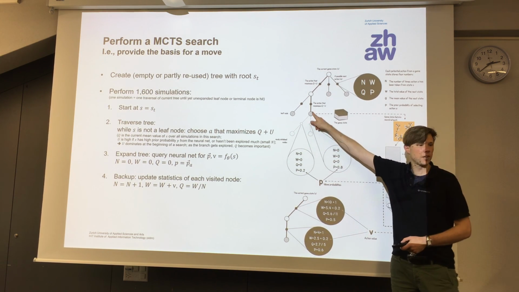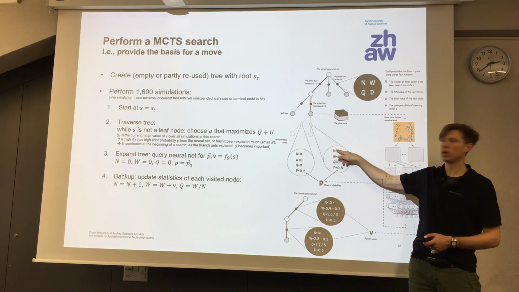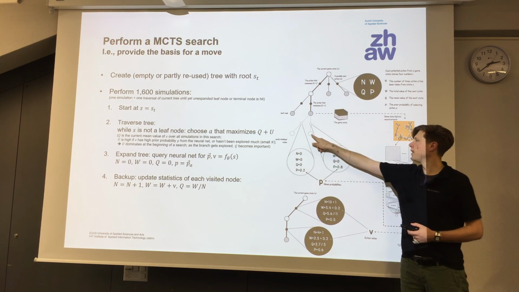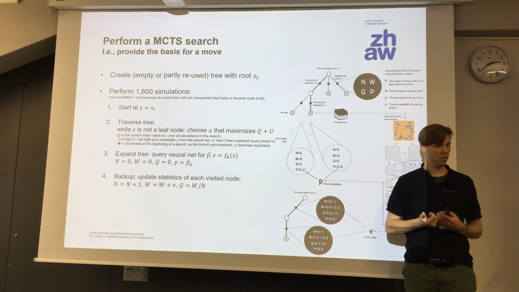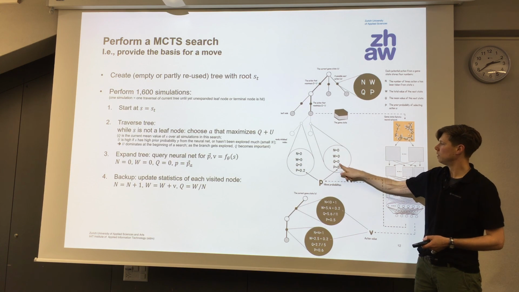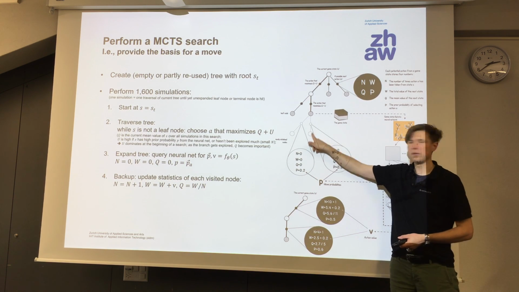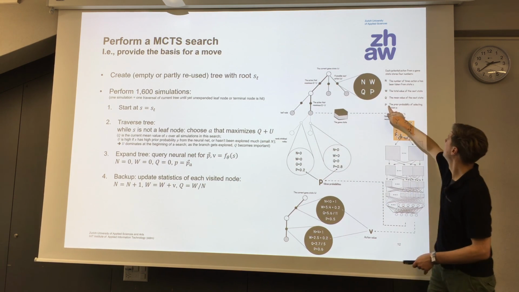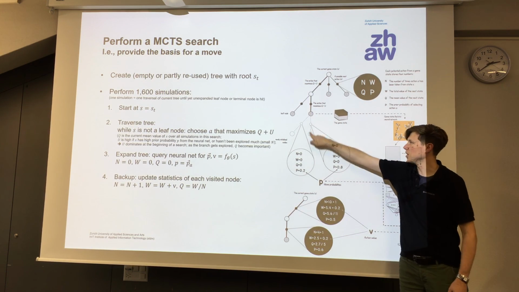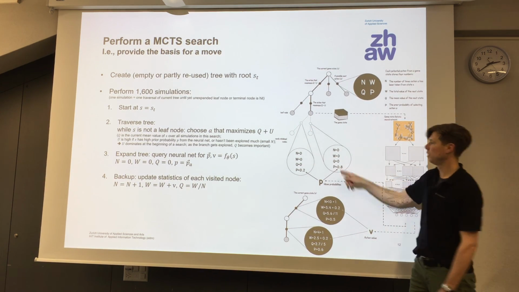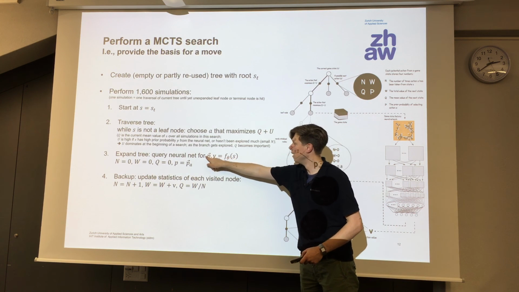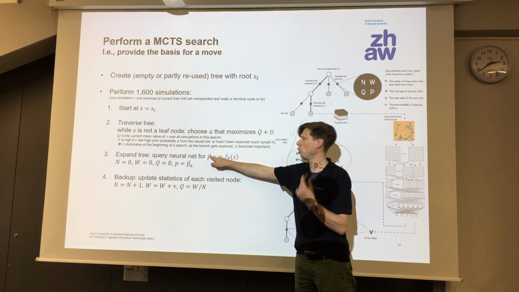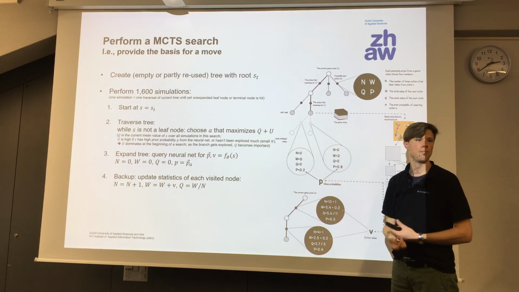That n, the number of times you came down here, is of course 0, because we have never seen it before, we just created it. The w, the cumulative value of the next state, is also 0, because we never came down there yet. The q value is also 0 yet, because we have never seen it yet. The only thing we have is a p value. P, the prior probability of selecting that action, this branch. This is just what comes out of the neural network. So the correct cell in this vector that corresponds to the specific action.